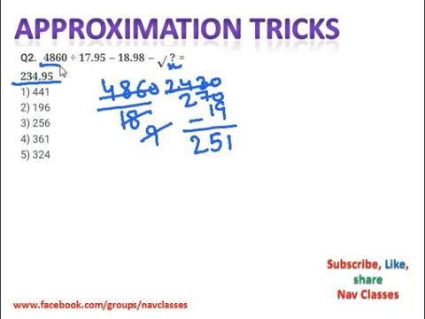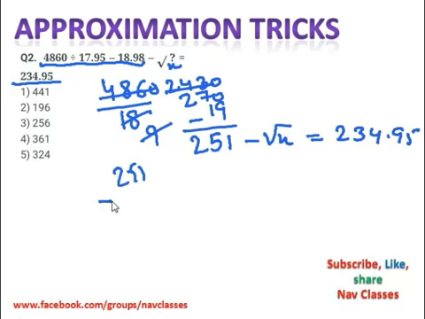And then the question doesn't end here. It is saying that minus under root x is equals to 234.95. Okay, so if we approximate it, it will be 2.35. If we come here and subtract, 251 minus